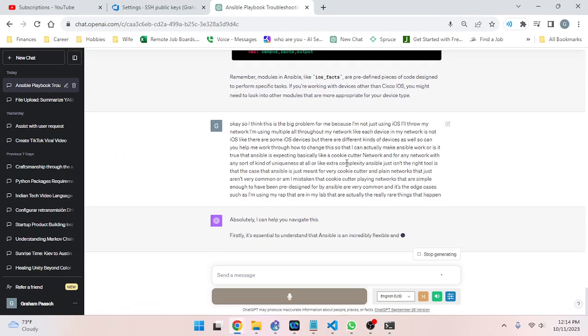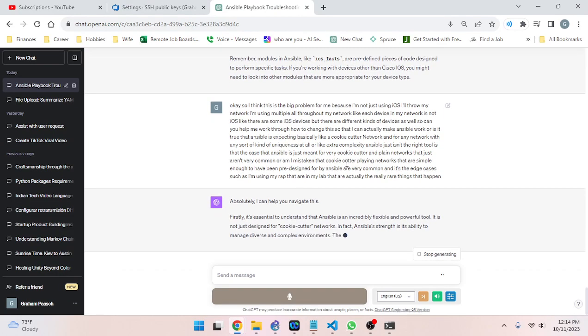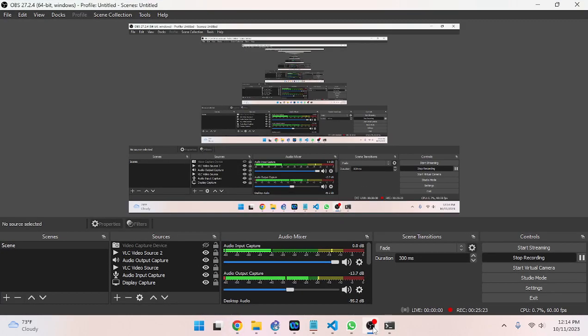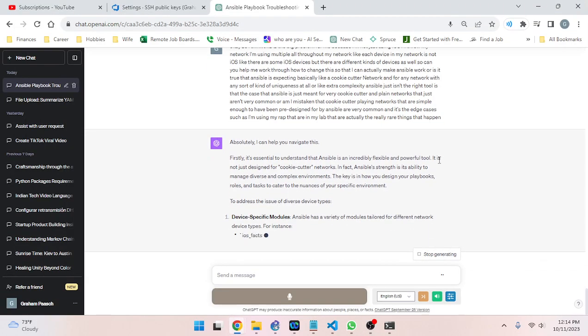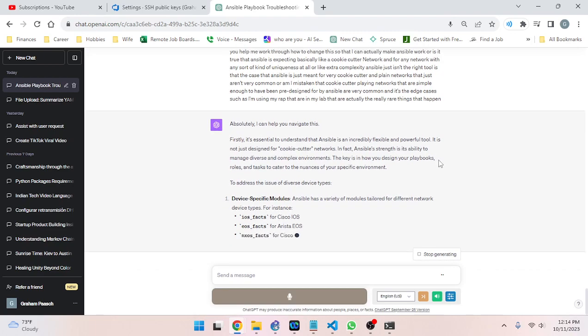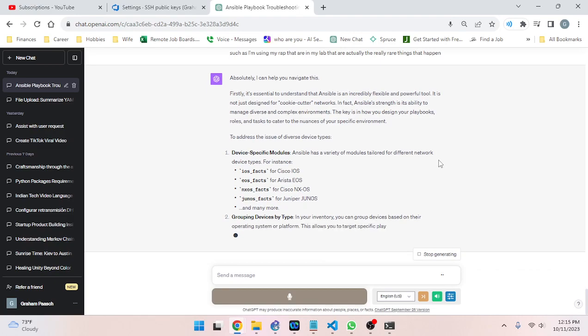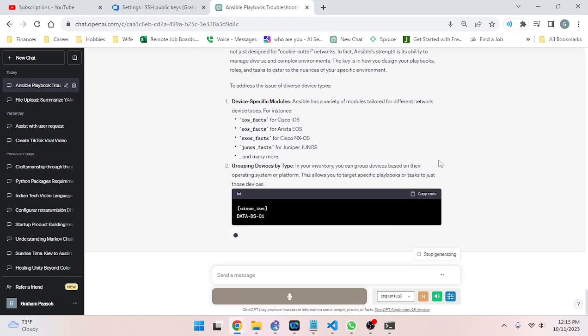Absolutely. I can help you navigate this. Firstly, it's essential to understand that Ansible is an incredibly flexible and powerful tool. It is not just designed for cookie-cutter networks. In fact, Ansible's strength is its ability to manage diverse and complex environments. The key is in how you design your playbooks, roles, and tasks to cater to the nuances of your specific environment. To address the issue of diverse device types: